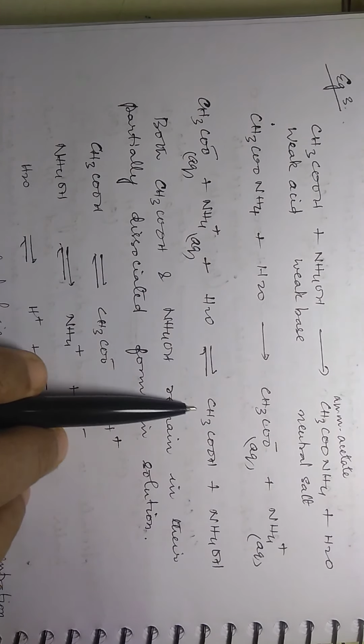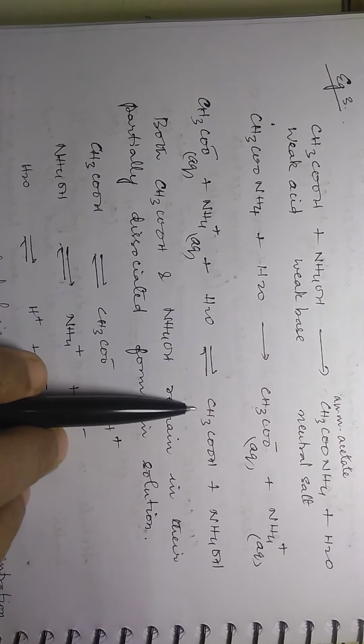Now, this is an equilibrium reaction, right? Because this acetate ion, if at all there is H plus ion in the vicinity, it will try to take that up to become the unionized acetic acid form. Because it's a weak acid, it prefers to remain in the undissociated acetic acid form. Same way NH4 plus also, if somebody is giving OH minus, it will prefer to remain as NH4OH. Because both are weak electrolytes.